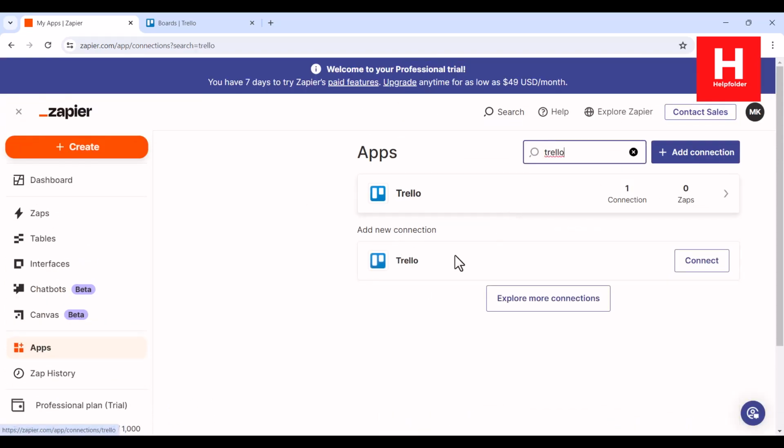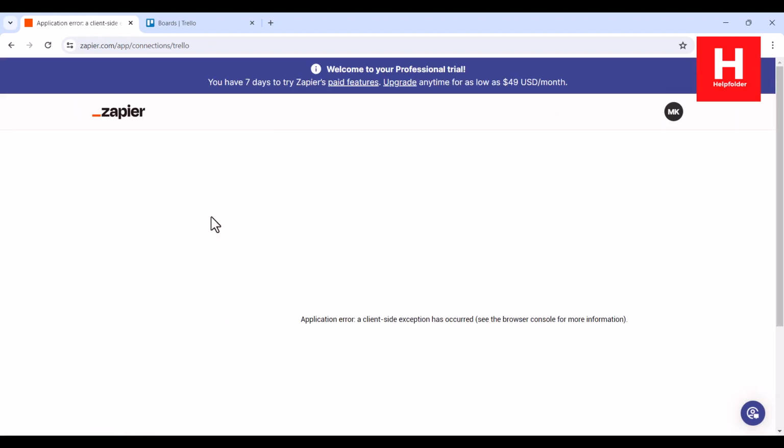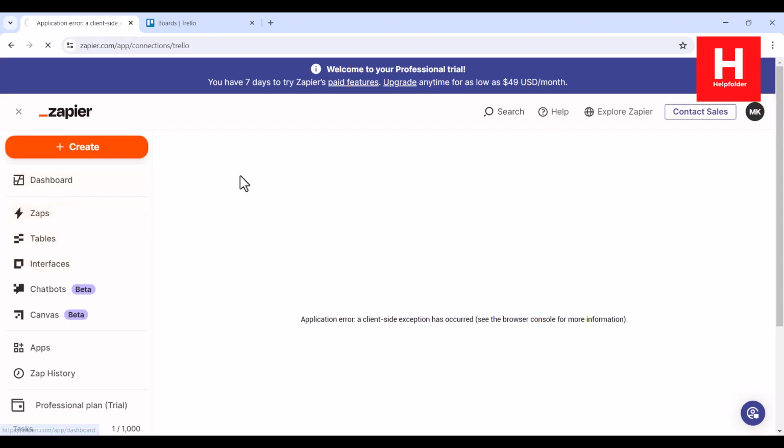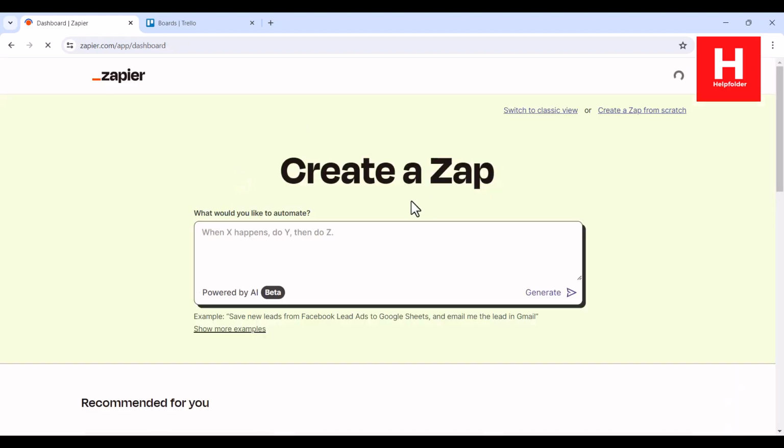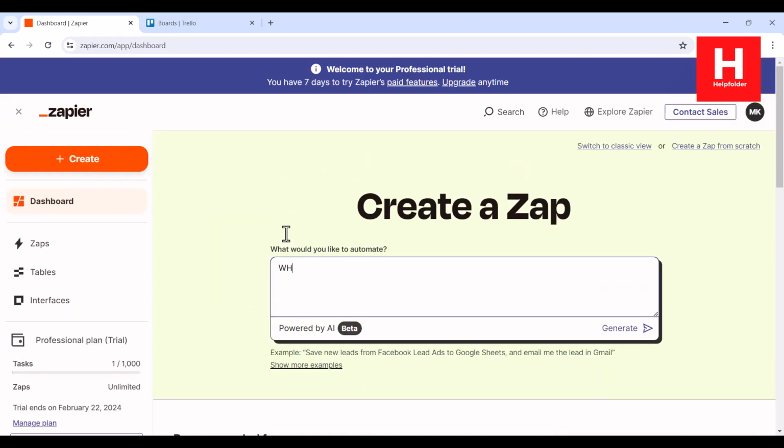You can simply add them by typing in the name of the app. It should appear, then click on connect, then you will have to log in and then give authorization. I have already done that process, so it appears here with one such detail, right? Now I can go back to the dashboard, and here I will type in one instruction saying when an Outlook email comes in, update the Trello board,